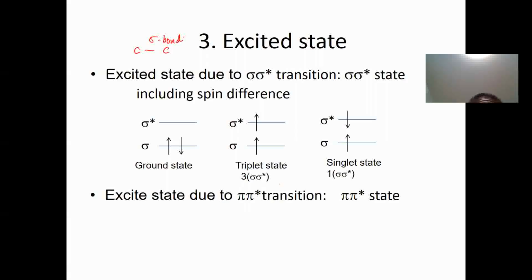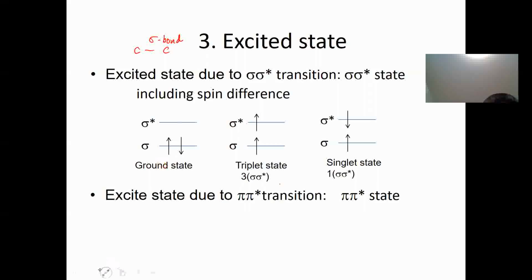In this case, as we studied, we have two orbitals of the sigma bond, the sigma orbital and the sigma star orbital, which are the bonding orbital and the anti-bonding orbital. And this one, in the ground state,